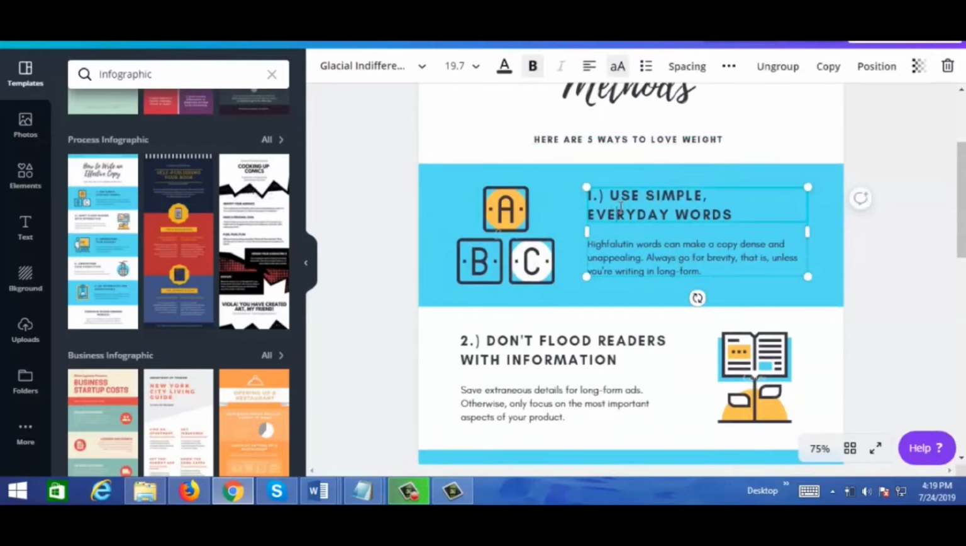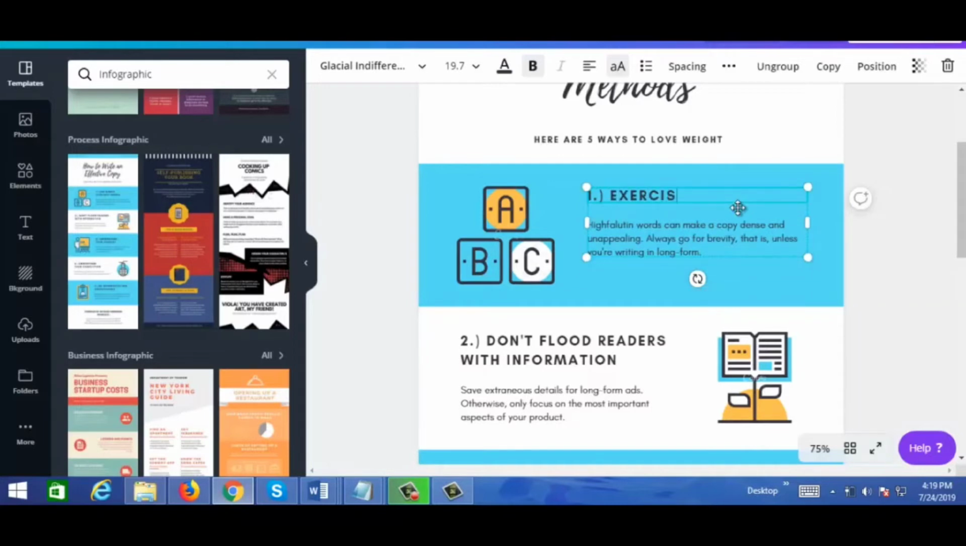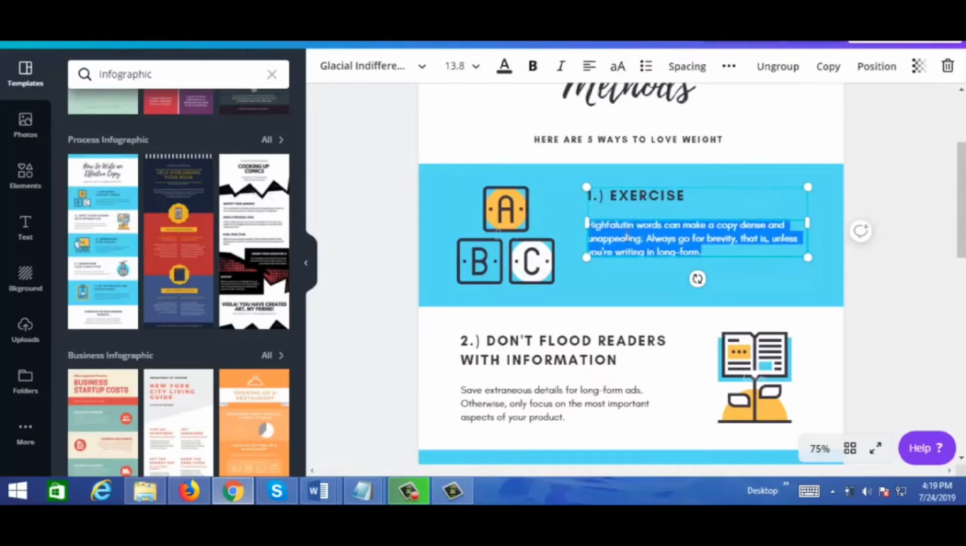Okay, so number 1, here it says use simple everyday words. That's for the current template. Let's just say exercise. Okay, and for the description,